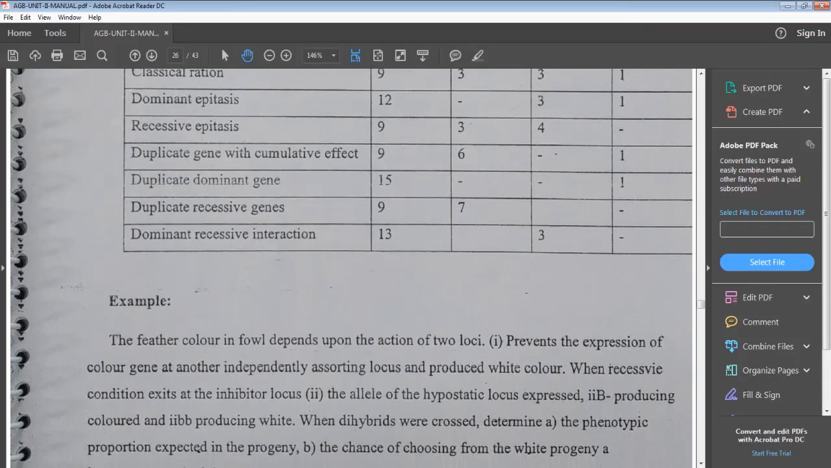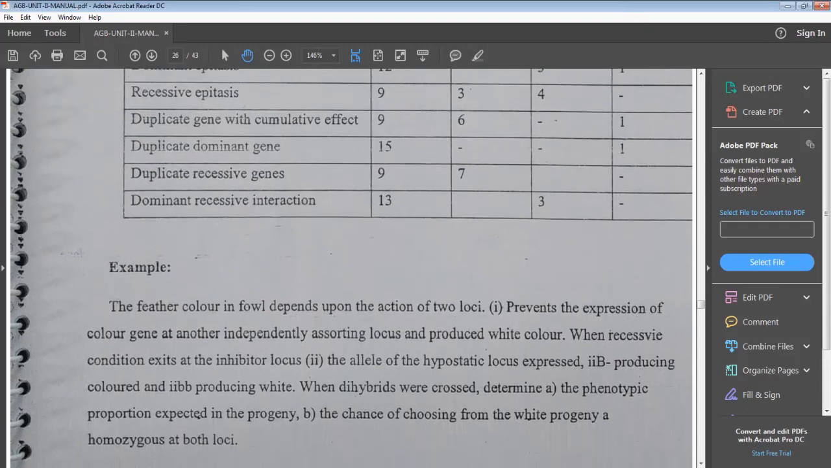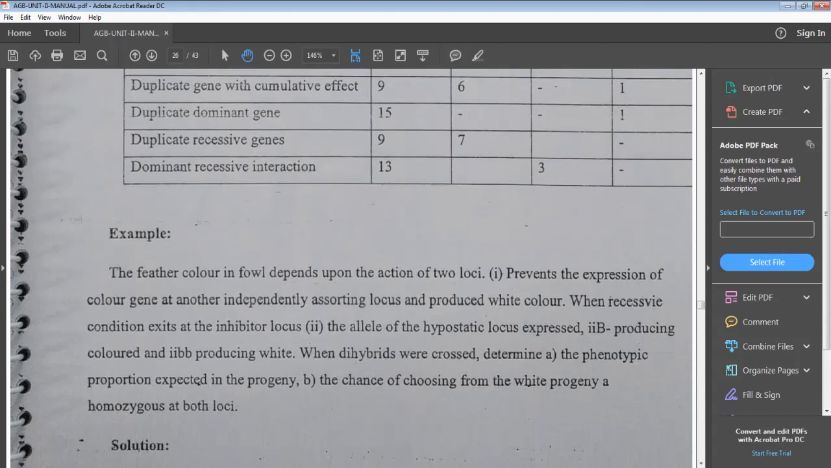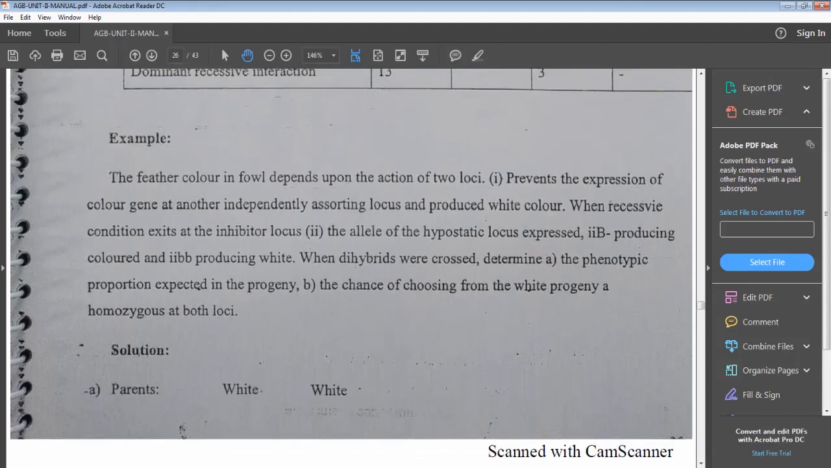Duplicate gene with cumulative effect, that is 9 is to 6 is to 1. Duplicate recessive gene, that is 9 is to 7. Okay, now 3 is to 3 is to 1. These both merged. In the case of dominant recessive interaction, we'll get only two classes, that is 13 is to 3. Okay. The example is the feather color in the fowl depends on the action of two loci,